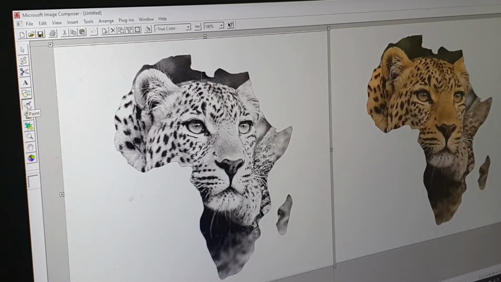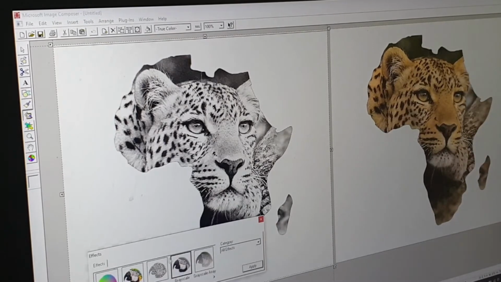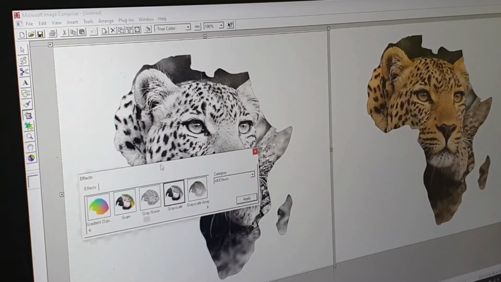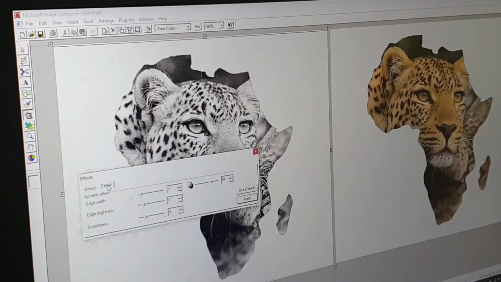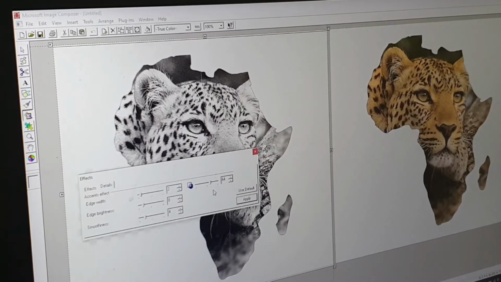the brushes we have our effects, and this time we're going to look at the very first one. It says accents. I'm going to choose that, and you'll see a tab appears which says details. If you open the details tab, you can play around with all of these figures. I suggest you have a good go at it and find what's best for you. But